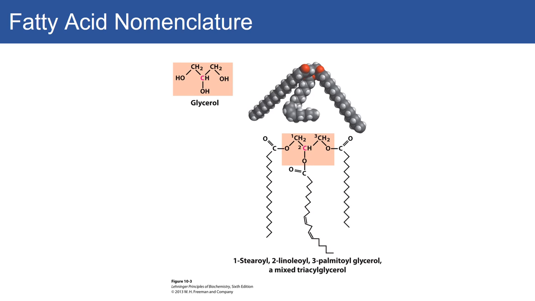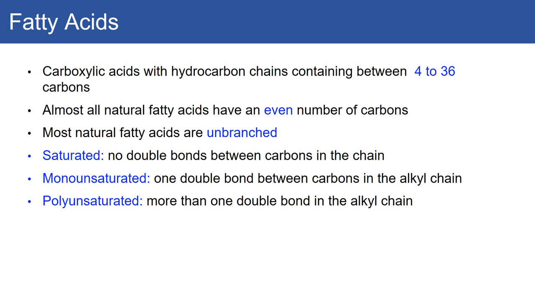This is the structure. So carboxylic acid, that's the head group on the hydrocarbon chains. Usually these carbons can be between 4 and 36 carbons. Almost all natural fatty acids have an even number of carbons, and that's due to fatty acid synthesis adding these molecules 2 at a time. They also come off 2 at a time, and when we are going to process them metabolically,